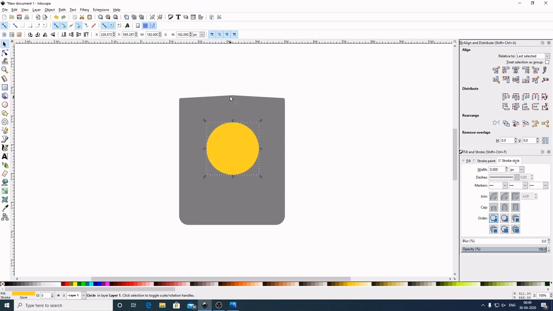Bring this here. This corner will snap to the center of the circle. Now by holding Shift on the keyboard, select this graphic. Now come up here to the Path, Difference.